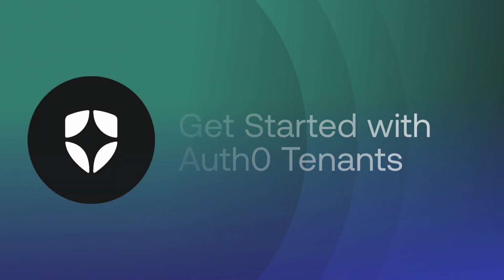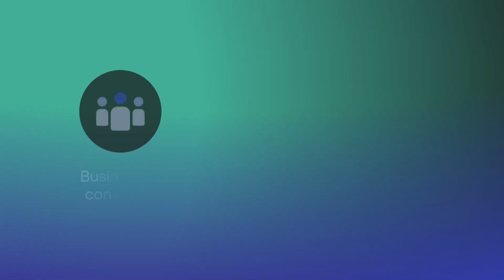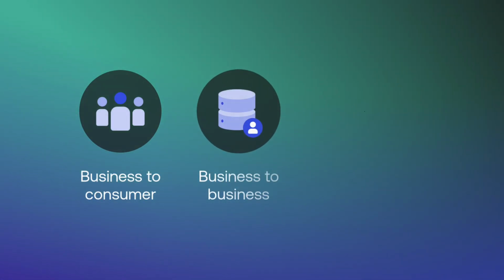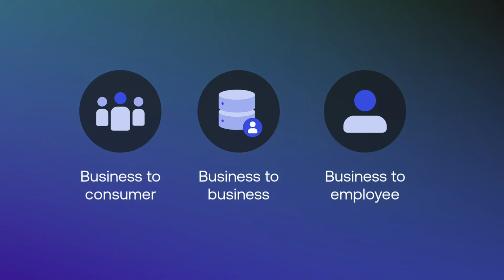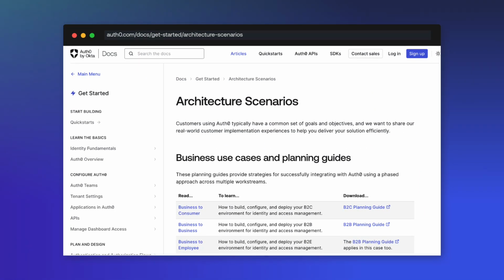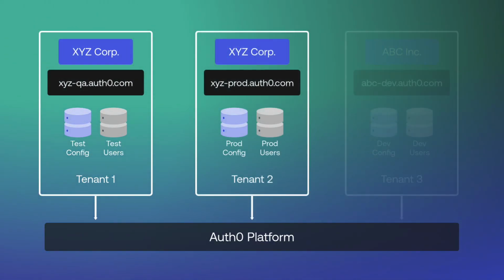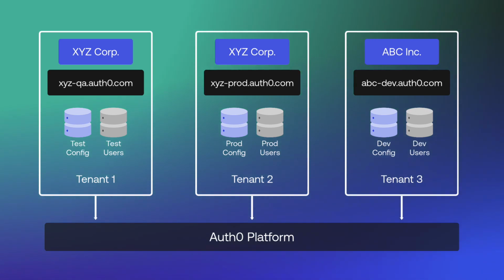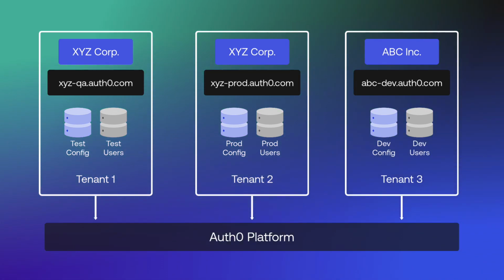With Auth0 Tenants, you can implement a breadth of business to consumer, business to business, and business to employee use cases and architectures. Check out our planning guides for help integrating with Auth0 using a phased approach. An Auth0 tenant creates a logical isolation of your specific configuration of Auth0, including any registered apps, connections, and user